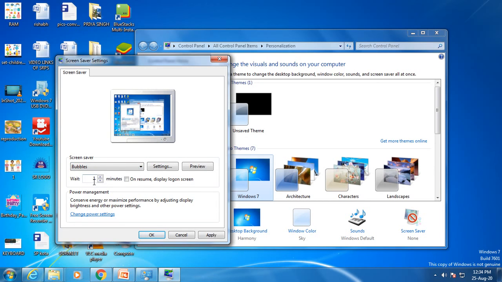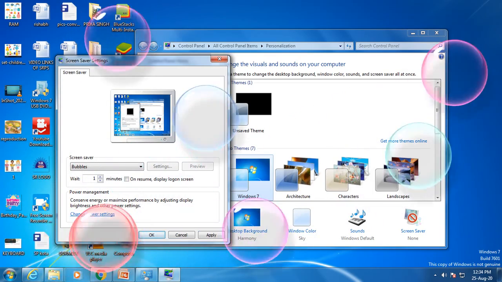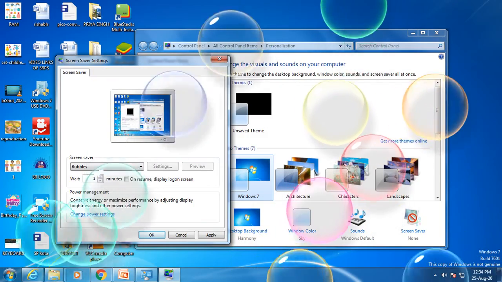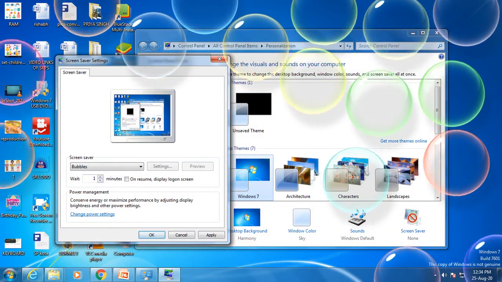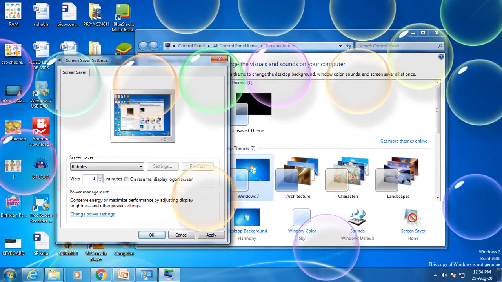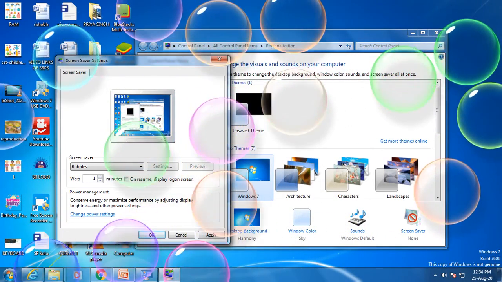The waiting time is 1 minute, but if we want to see how this bubble appears, you can click on Preview and see. In this way these bubbles will appear when you are not using your mouse or keyboard for 1 minute.